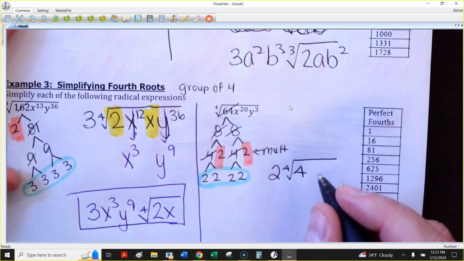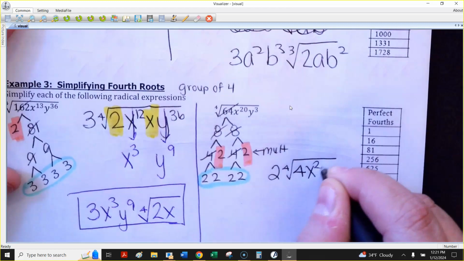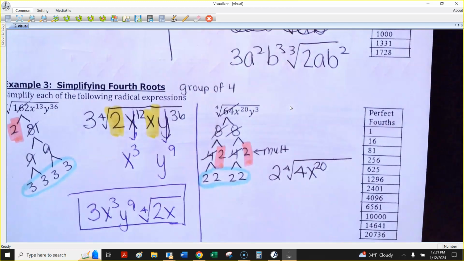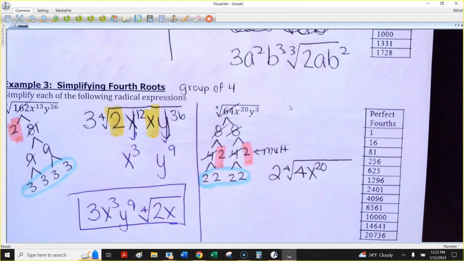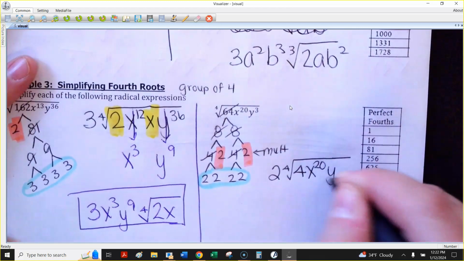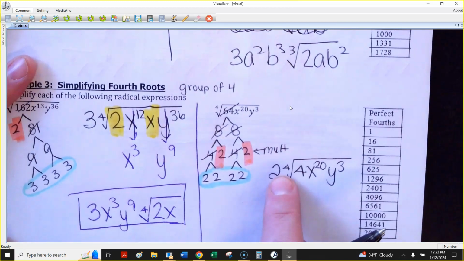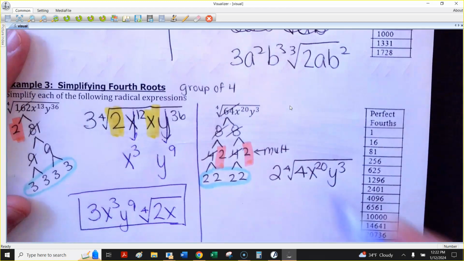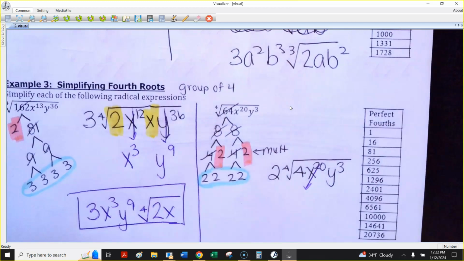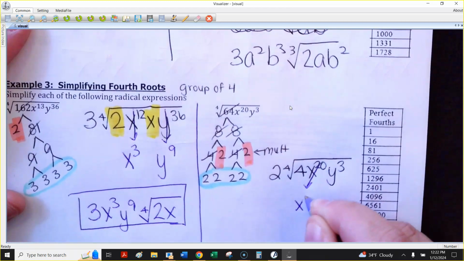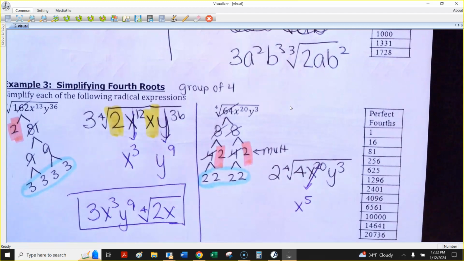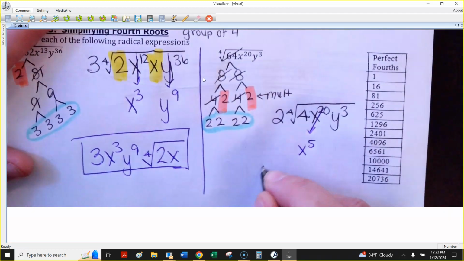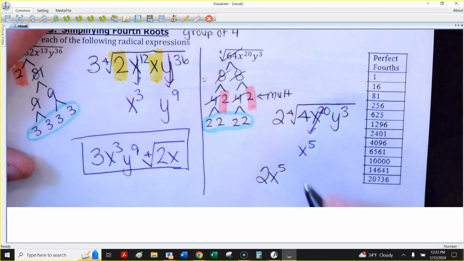And then x to the 20th, I'm going to leave alone because that's divisible by 4. And can I do anything with y to the third? No. If the exponent, which is 3, is smaller than the root, you can't take anything out. So I'm just going to leave that exactly how it is. The only other thing I can do here, x to the 20th, that is actually a perfect fourth root. We can pull out x to the 5th. Divide the exponent, which is 20, by the index of the root, which is 4. So the answer here, you'd have 2x to the 5th all out in front, and then fourth root